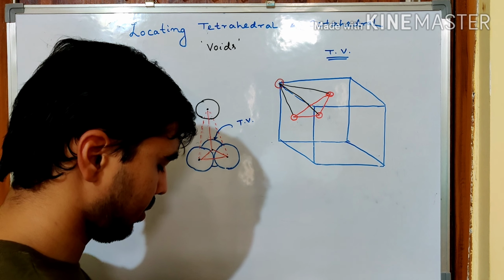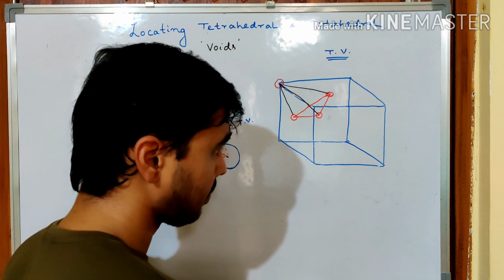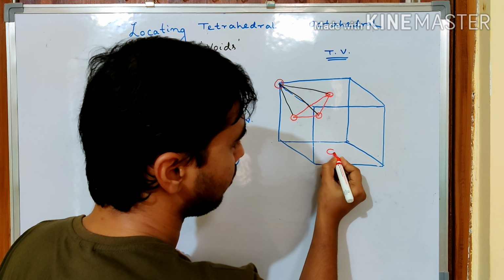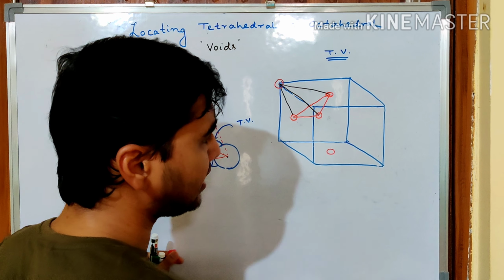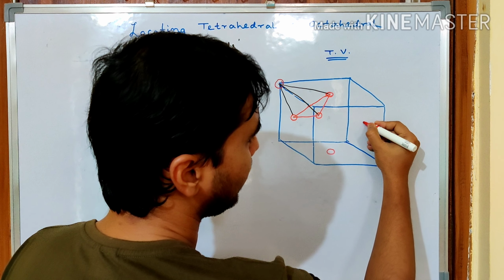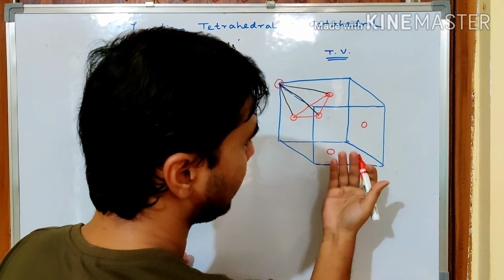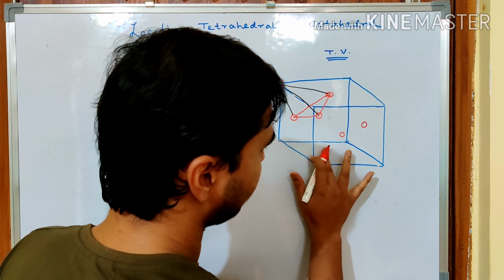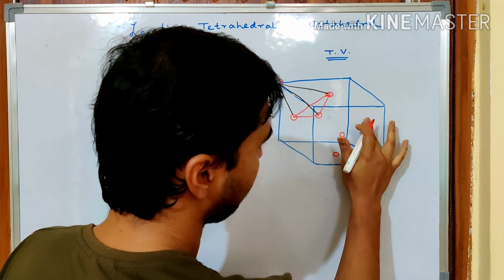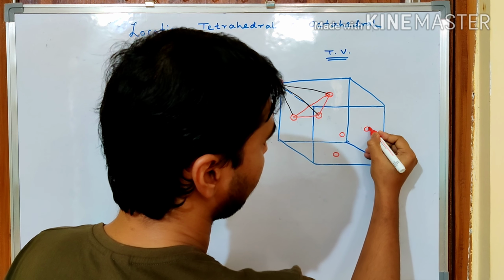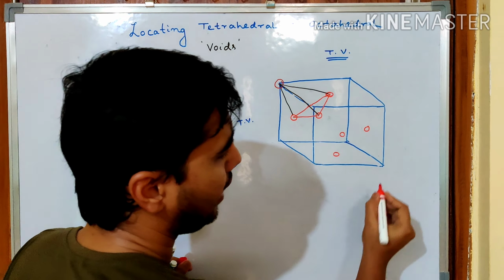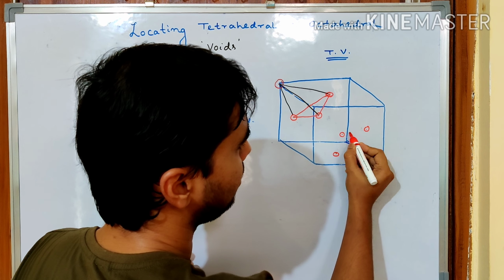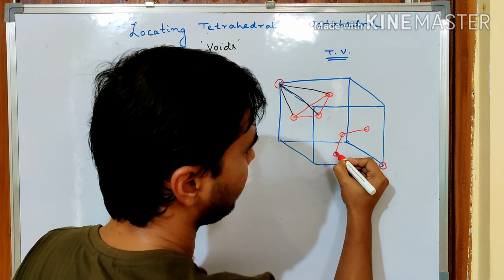Similarly, on the other side, here also, I have taken this face center atom, I have taken this face center atom, and the face which is towards us, at the center of that I have taken this atom. Okay, these three are chosen, and these corner atoms are taken. So obviously the center of these three will form a triangle,